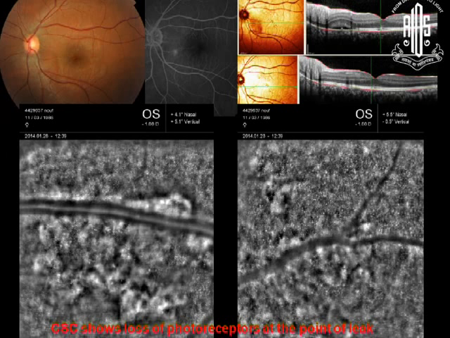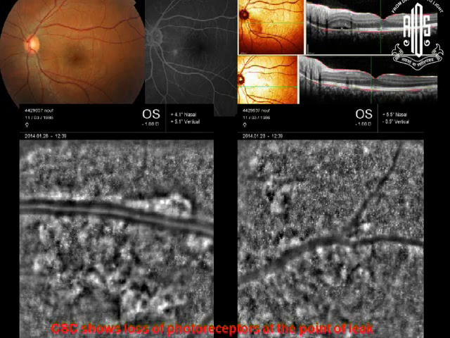This is another example of a patient, with pictures done earlier. The patient had CSC. Now he is resolved, but you can see this is matching the blood vessel along the leaf. You can see this is a normal cone mosaic. You should be seeing cones like this. But you can see the point where it was leaking. There has been damage to the photoreceptors because of the fluid that has persisted.